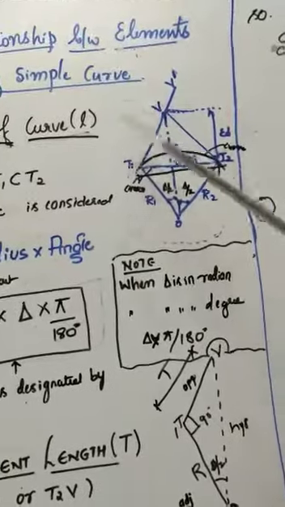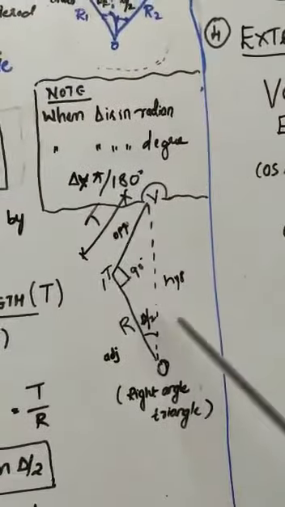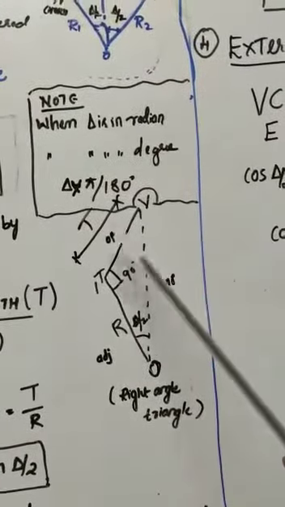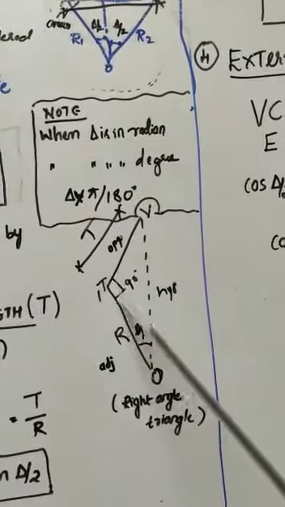So this becomes your, I have separately written. So this becomes your opposite side. Here your 90 degree comes, means this